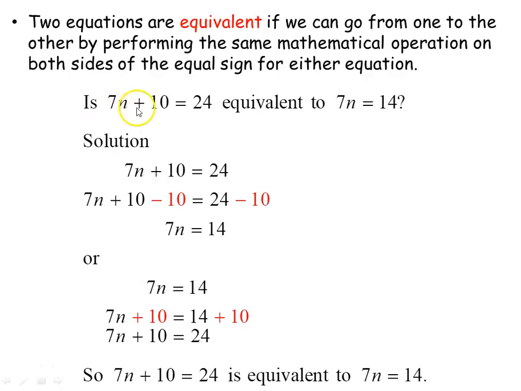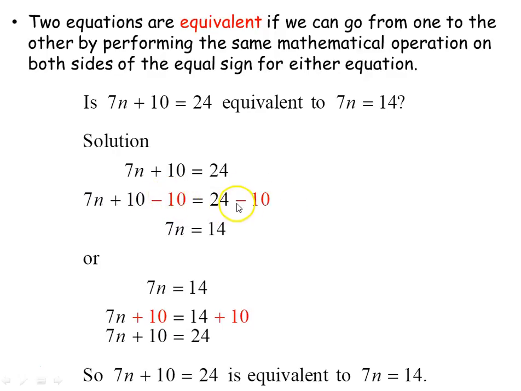So let's start with 7 times n plus 10 is 24. And we want to know, is it equivalent to 7 times n equals 14? Well, let's start with 7n plus 10 equals 24. And if we subtract 10 from both sides, our first operation is take 10